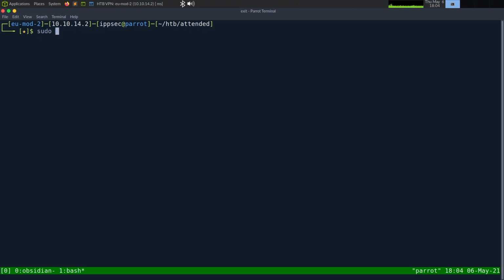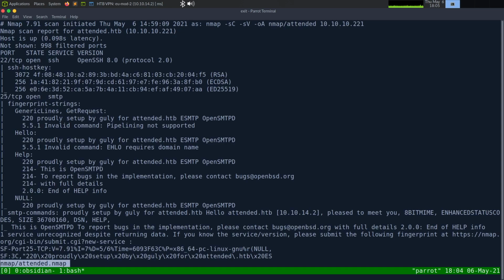As always, we're going to begin with an nmap, so -sC for default scripts, -sV to enumerate versions, -oA to output all formats, put in the nmap directory and call it attended, and then the IP address, which is 10.10.10.221. This can take some time to run, so I've already ran it, but instead of viewing this unless, I did